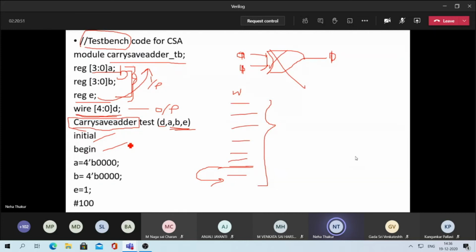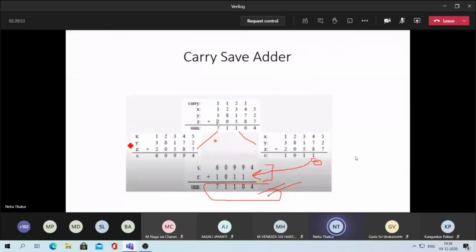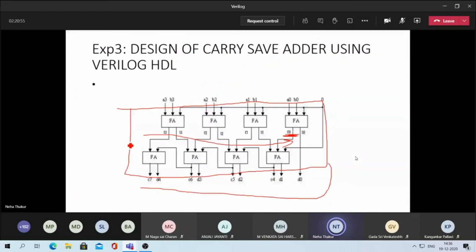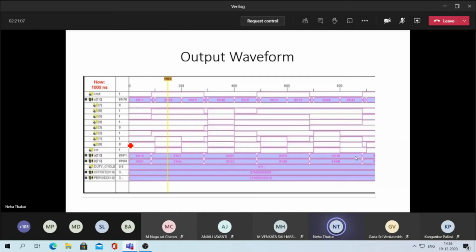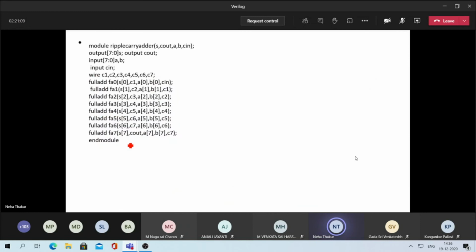So now see, here it is 4-bit. Okay, how many bits are there? It is A0 to A3, and B0 to B3. So it is 4-bit, so you will write the code for 4-bit input. Like previously, this one is for 8-bit. So how did you give the inputs for this 8-bit ripple carry adder?